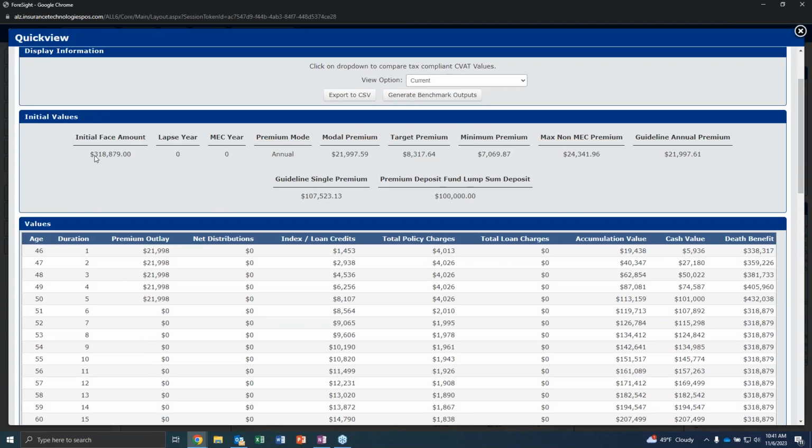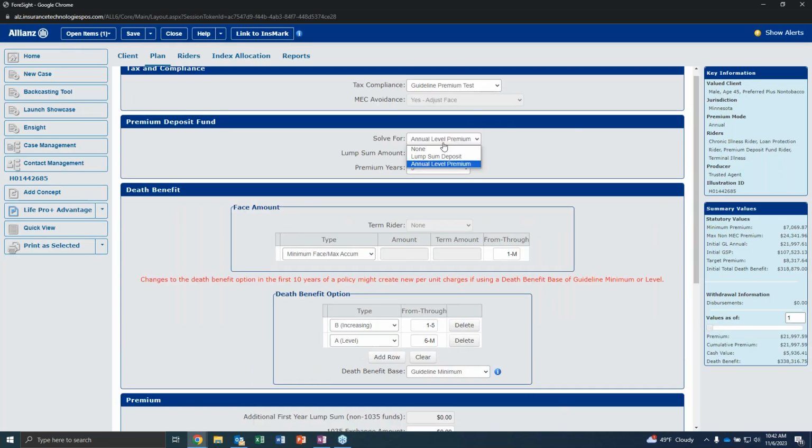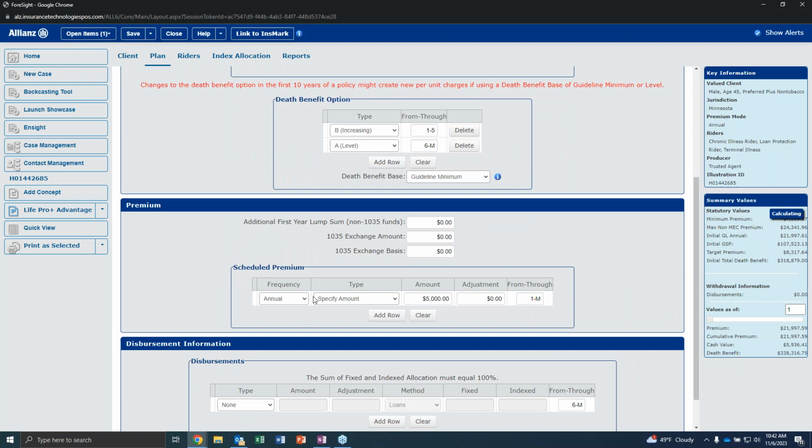If you go to the quick view, it'll show you the initial face amount and everything. Essentially what we're going to do is take this number here, 21,998. I just copied it. We're going to turn that off and then input that in the annual premium box. And then we'll do 1 through 5. And then you would have to do some math. If they wanted to do monthly, then we could do